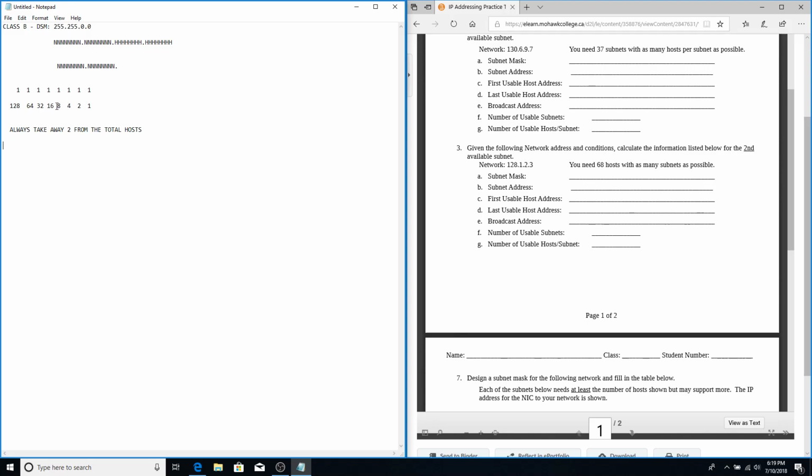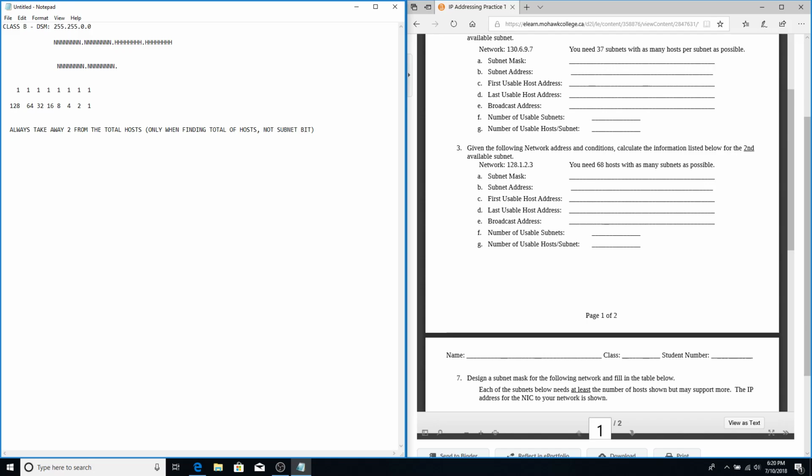So it would actually end up being 8. So you have to remember that, but it's only for the hosts. So write that in there for you right there. So always take away 2 from the total hosts, but only when you're finding the host,